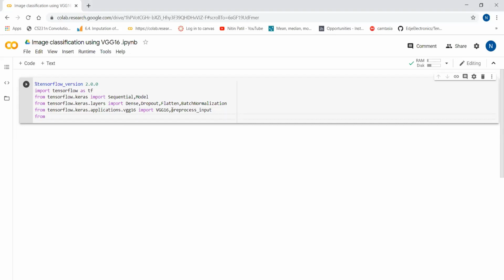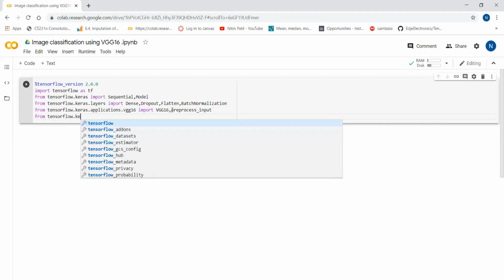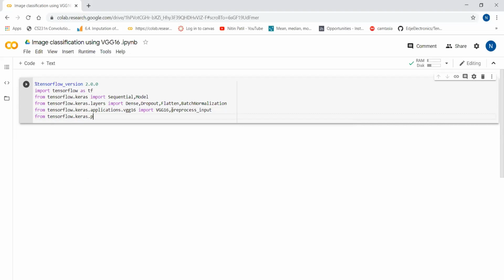So from tensorflow.keras.preprocessing.image we will import ImageDataGenerator.